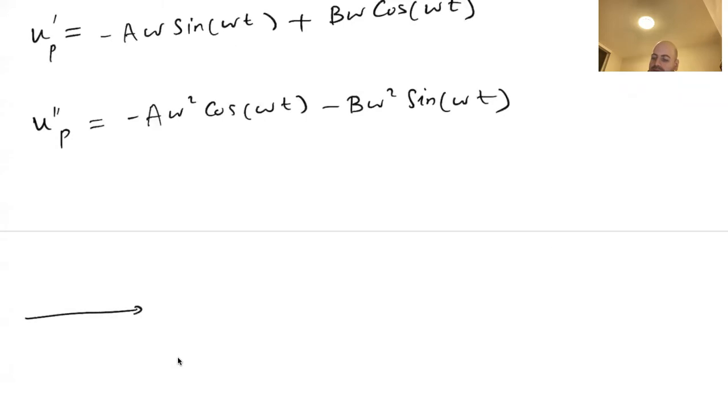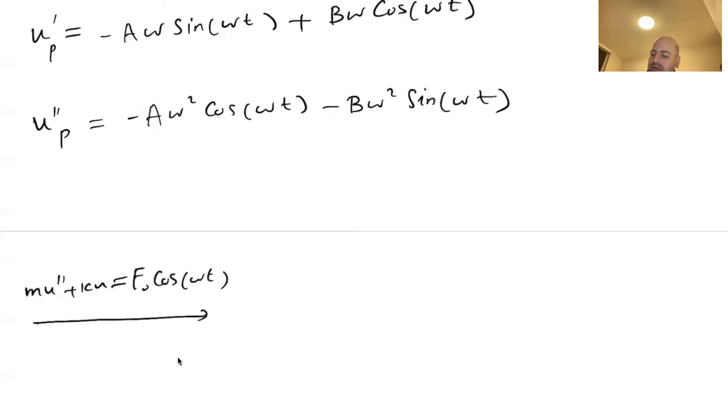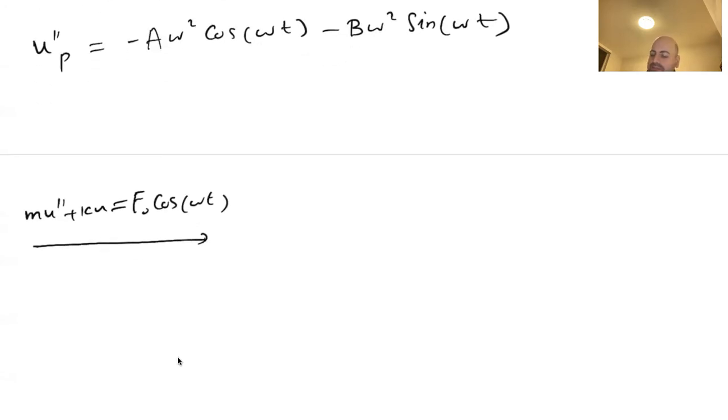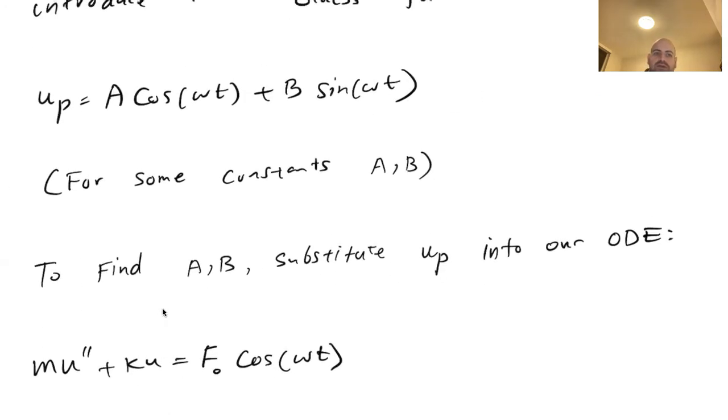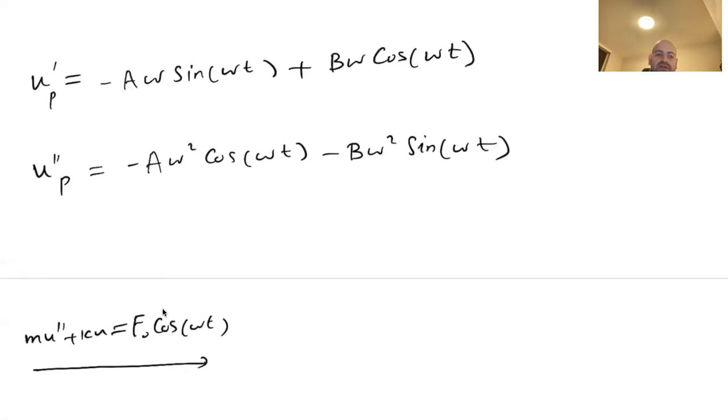Now, as we mentioned above, m u double prime plus k u must be equal to f of t, which is f0 cos omega t. Then we will have m times this function, this is u double prime, plus k u, and u is this function,